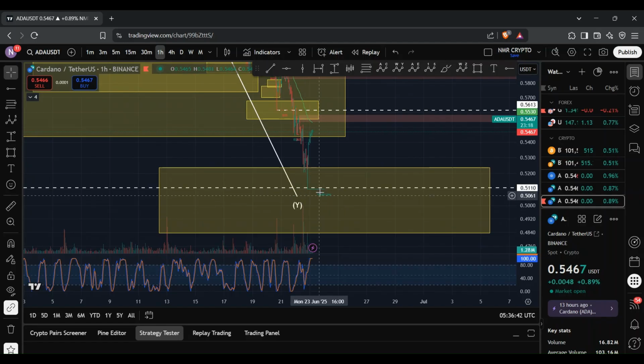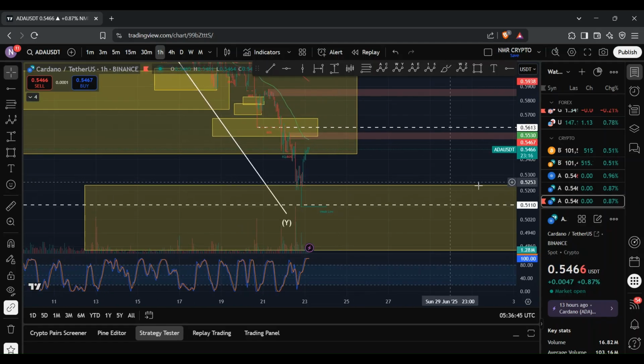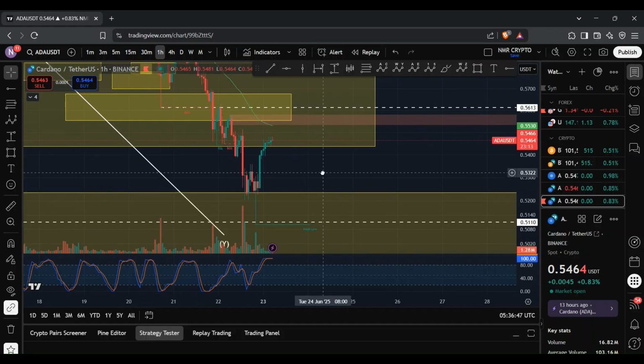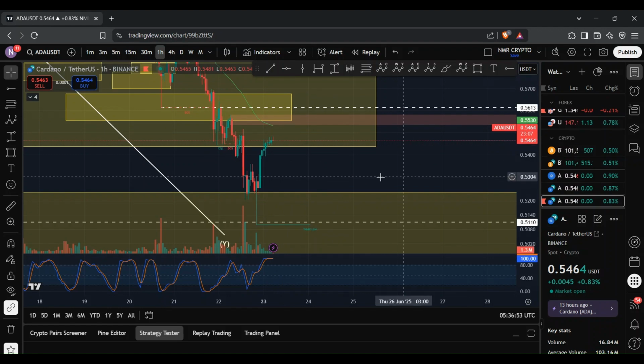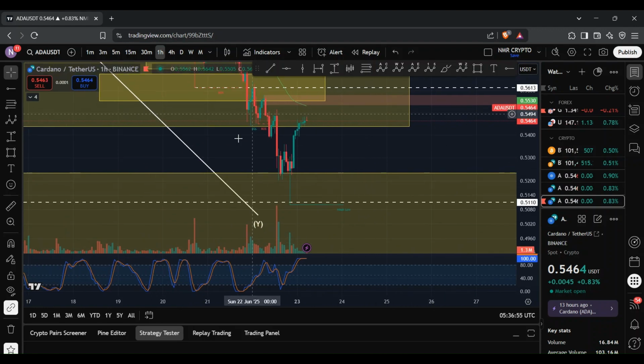And once we ended up seeing this move to the downside, we've seen the bulls actually regain control of the market. And there is a possibility that we could actually retest that 50 EMA, which during the time of recording sits at 55.3 cents. And so what I'll do is break down this structure that's taken place over the last few hours.